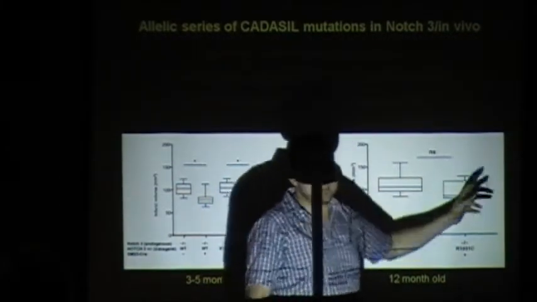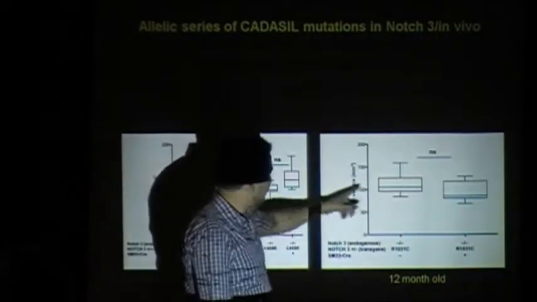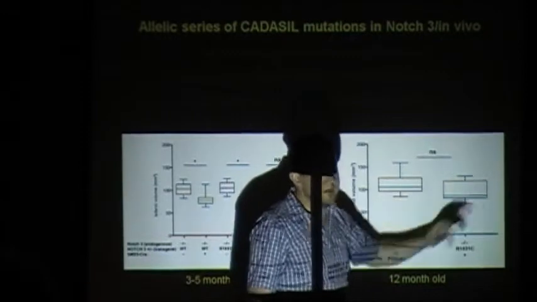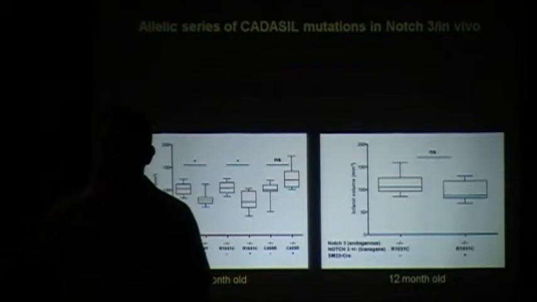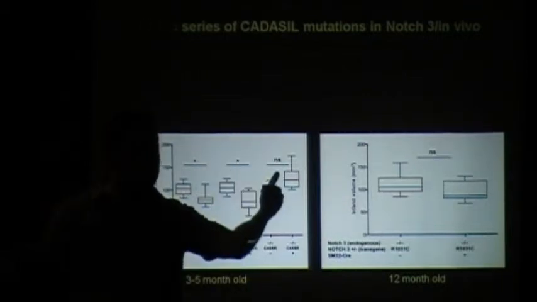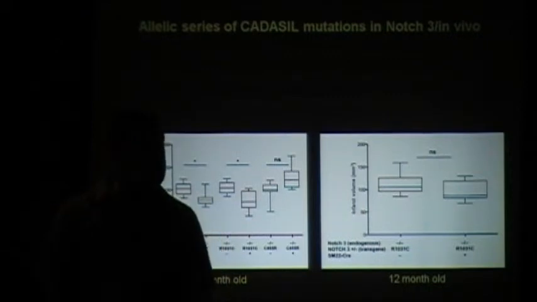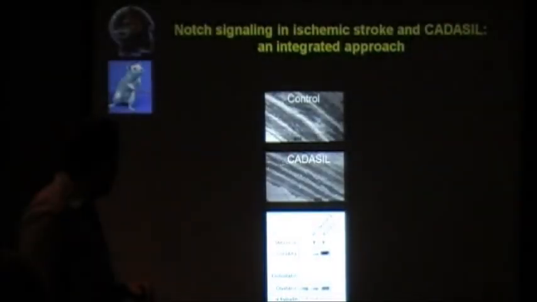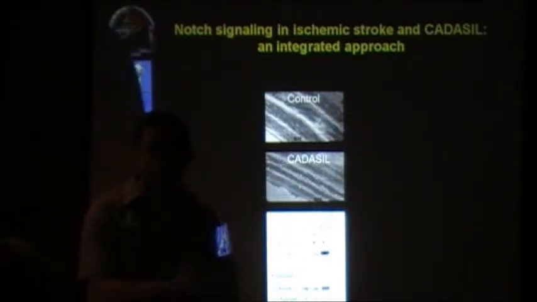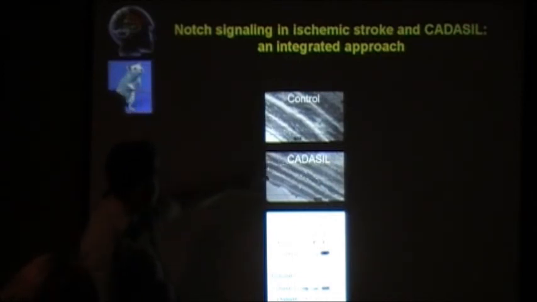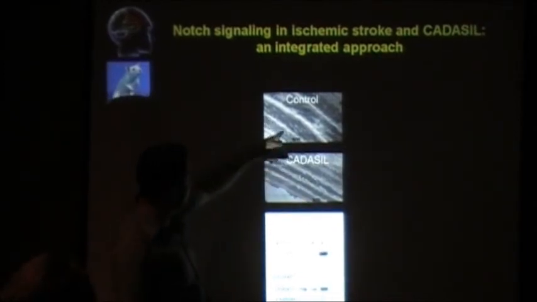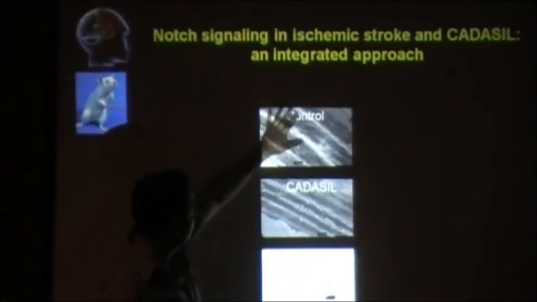And when we did the same analysis in mice that were 1 year old, this rescue did not happen. The values were very similar. So we're able here to reproduce in the mice the behavior that is actually happening in humans. It turns out that yes, Notch3 signal is very important for the stroke susceptibility, but it's also age dependent. And that is true in mice as it is in humans, which is remarkable. However, in both these animals, the pathology occurred. And this is like, for instance, you know how I was telling you that smooth muscle cells, they die in CADASIL. This is a vessel from a mouse, and they have